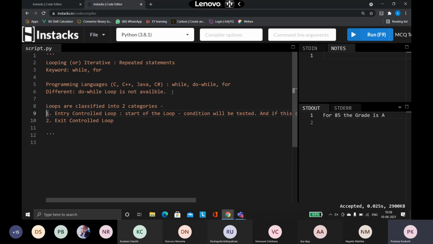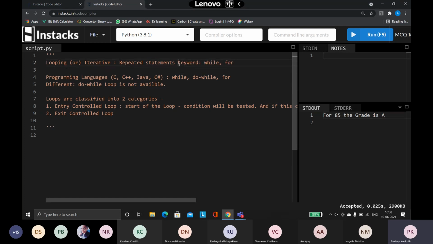This is a very simple thing. But when will the condition be checked? Normally, as long as the condition is true, the statements you have given inside a loop keep getting executed again and again, unless that condition becomes false. This is the basic concept of any loop that I am going to take.